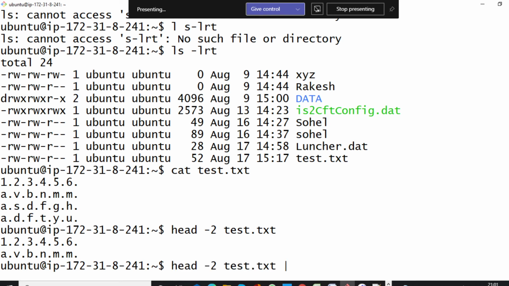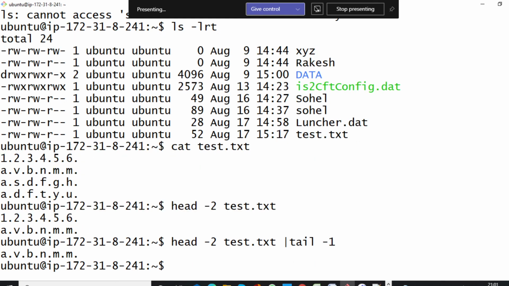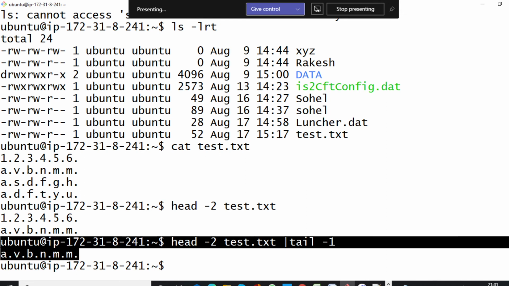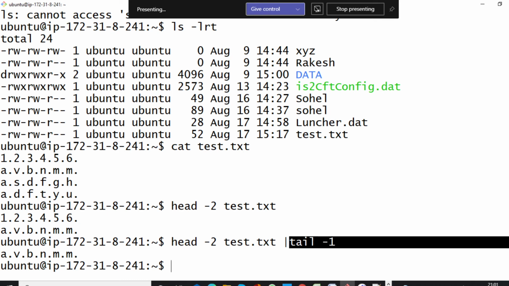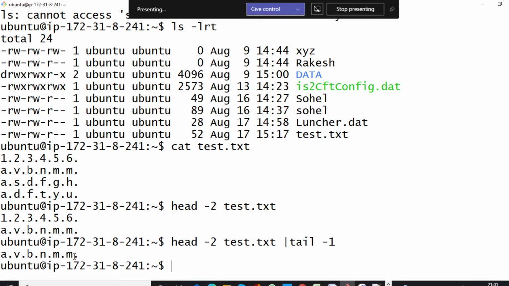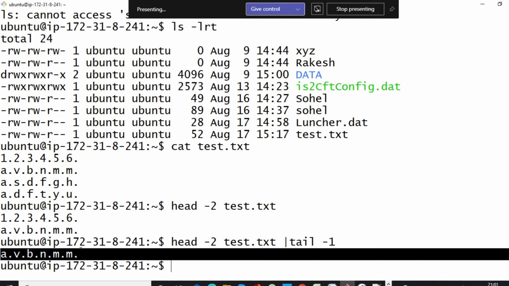Take this output by using a pipe, then again tail -1, and you will get the second line only. So by using the head command, taking its output through a pipe and using tail -1, it is going to print the second row only.